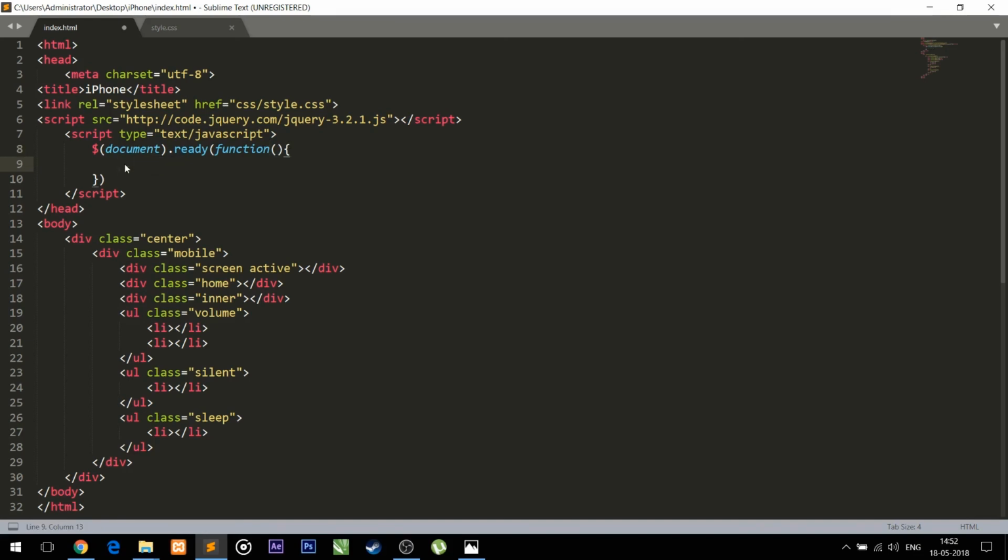So in the body we will tell the JavaScript what to do. So here we need the JavaScript to work only for the home button. The home button is the division class home. So we'll add the class name home here, and we will add click function. So when home is clicked,